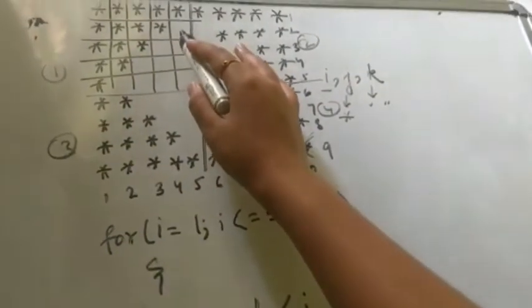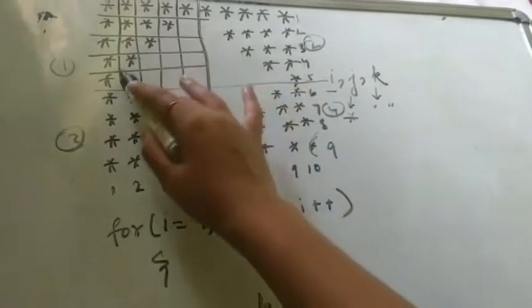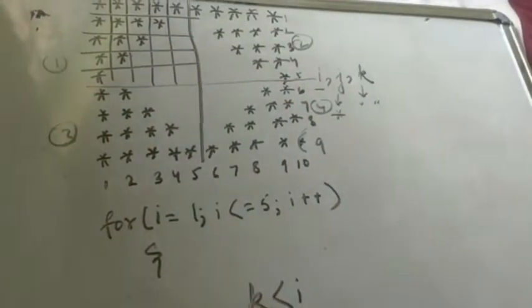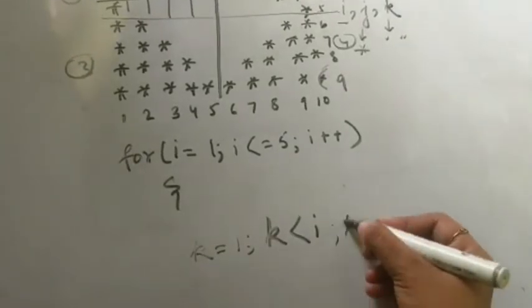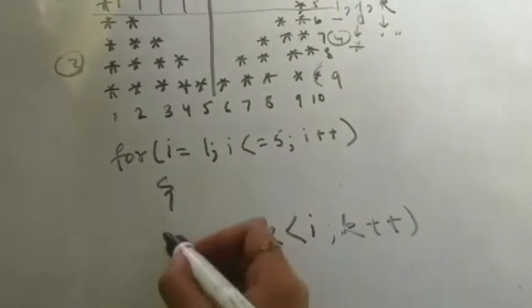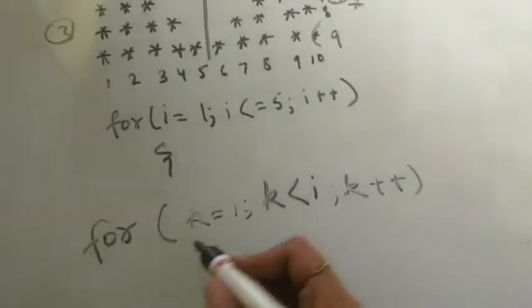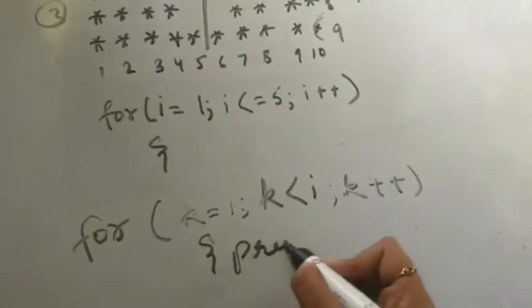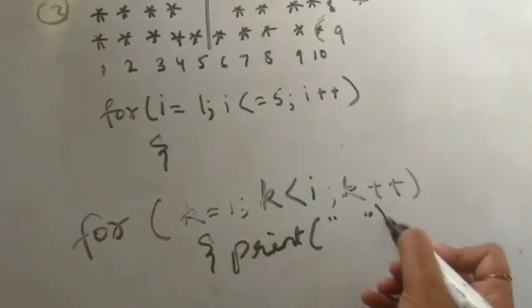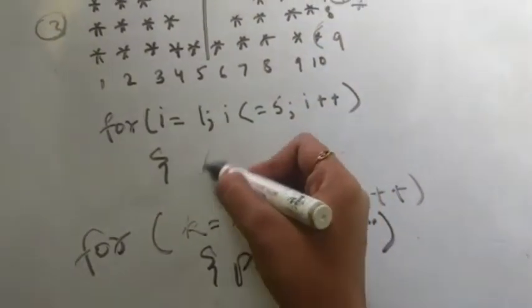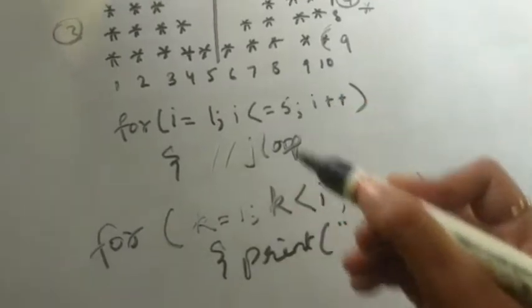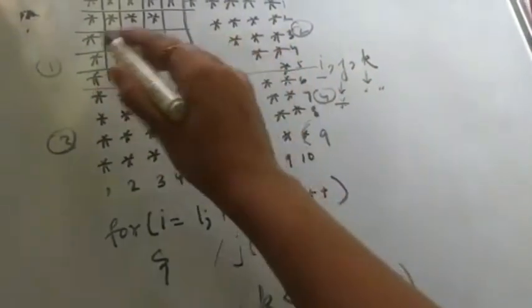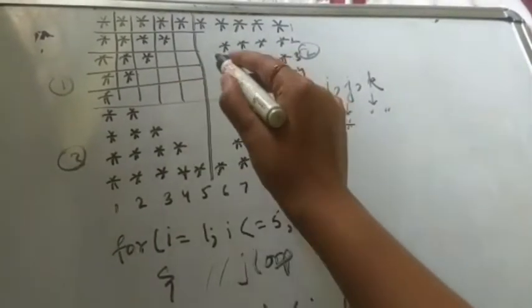K is increasing in each step from 1 to 2 to 3 and to 4. K is beginning from 1 and it is incrementing in each step. And for each K we are going to print space. Now here we also have an existent J loop. I erased it because we are running short of space. So we have approached this part of the program and now I am moving on to this.